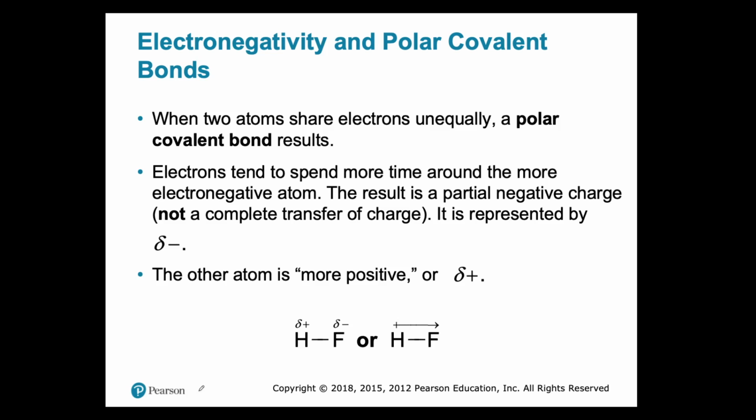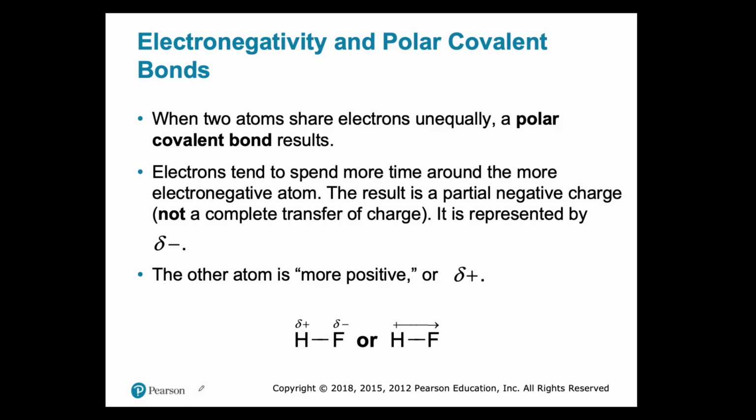You can also show it this way. There's a plus sign signifying the partial charge of the hydrogen, and the electrons are going in that direction, from the positive towards fluorine. When you get to OChem 1, which you would be taking in the spring,